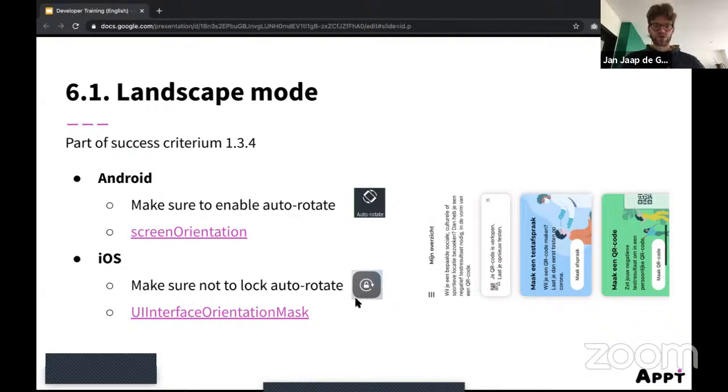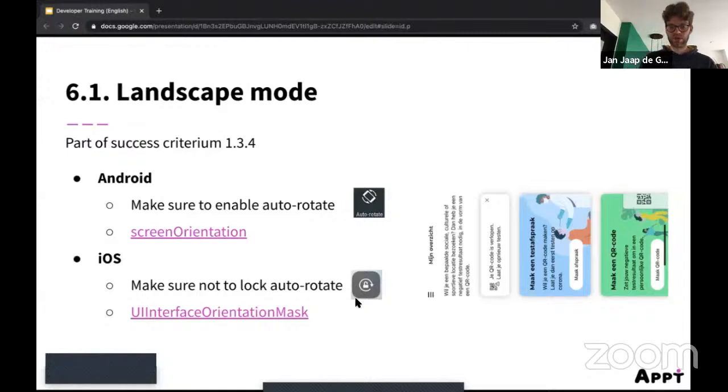So if you're wondering how to make an accessible app, I can really recommend you check out the source code of the Corona Check app, for example, but also the Corona Melder app. It's also accessible. And GGD Contact is also a new app. It's also accessible. It doesn't yet comply to all of the guidelines, but it's really close. So it's really one of the best apps for accessibility. So what are some of the mistakes I have found?